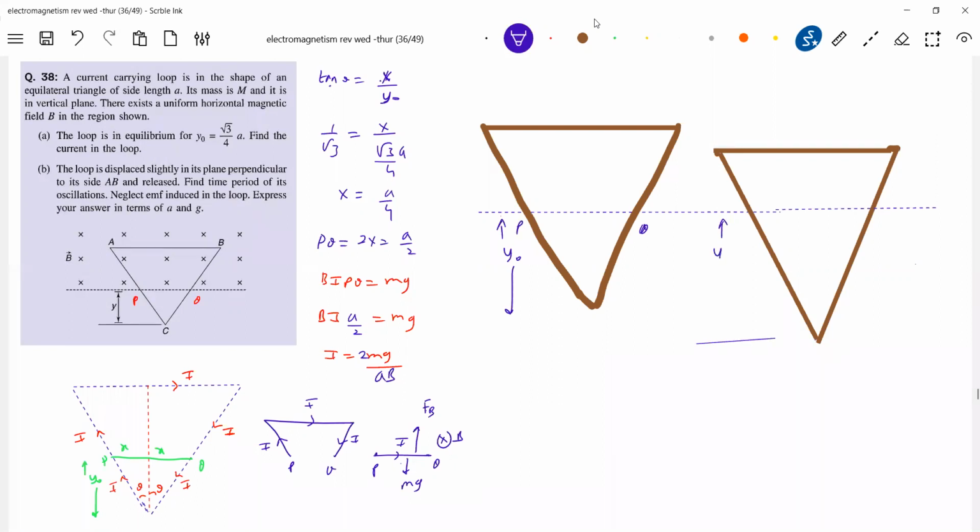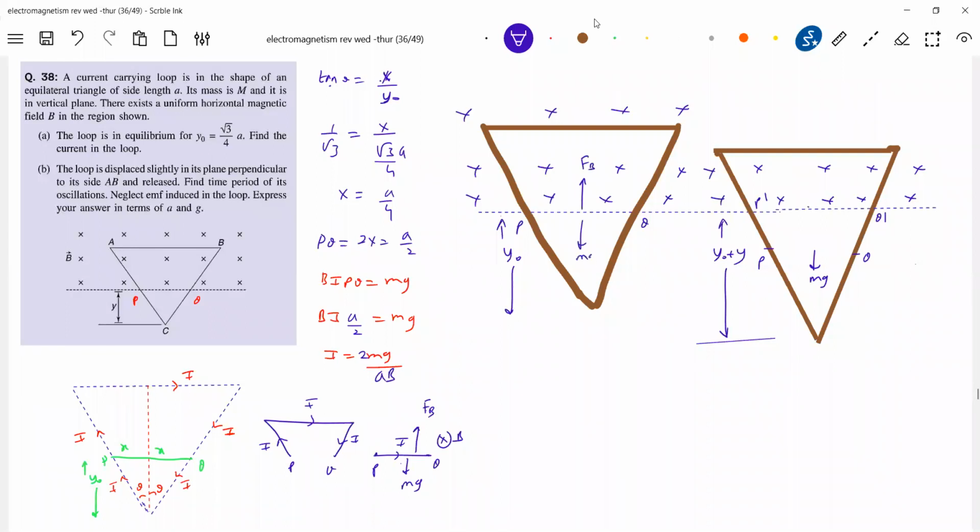Okay, now it is being displaced. So this will become Y naught plus Y, and the PQ was here. Now P dash and Q dash will come into picture. So here everywhere magnetic field is present. Diagram not needed. If you are unable to think anything here, take help of the diagram. Otherwise, mathematically you can manage this. There's no magnetic field below P dash Q dash. So the weight of the loop as usual will act here. So additional net BL force will be upward.